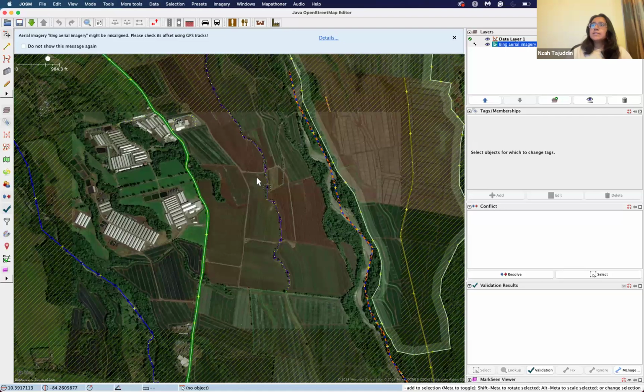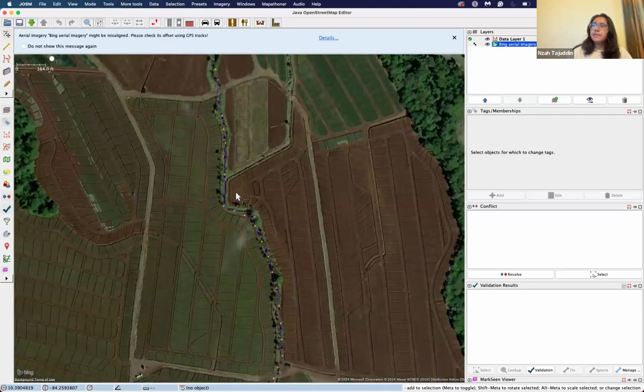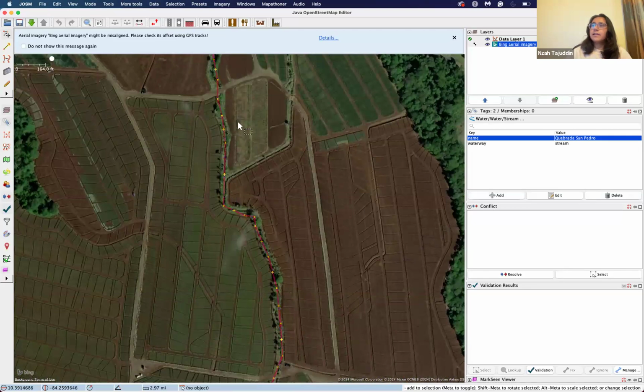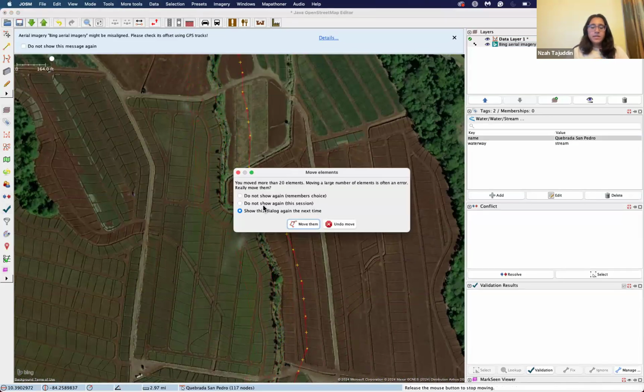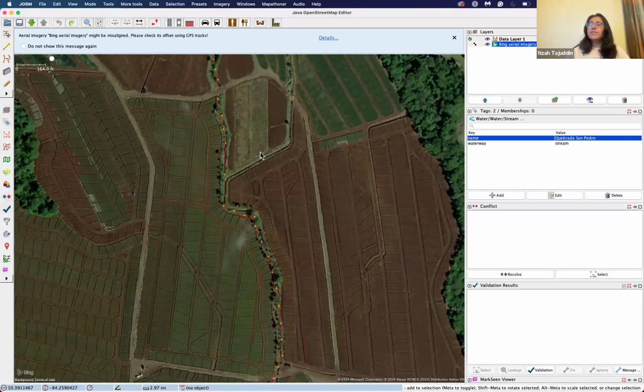And then left click is to select anything. So if, let's say, I want to select this waterway right here, I'm going to press left click and you can see it's changed color because I've selected it. And now I can click and hold and move it any which way I want. Now, I'm not going to do that move, but